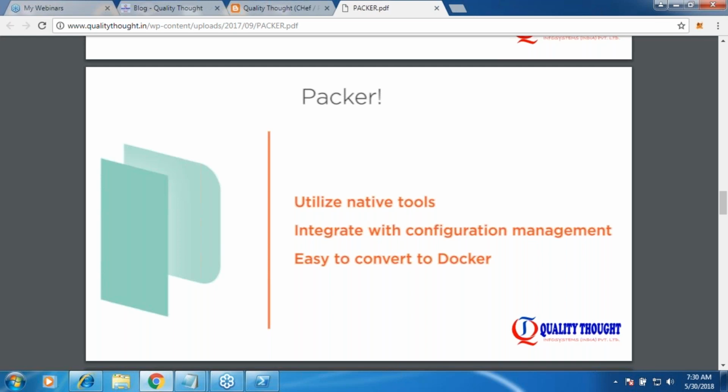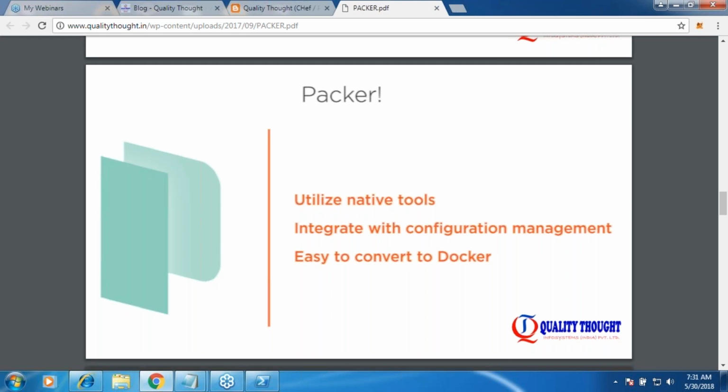I know many people who convert their VM images into Amazon AMIs. It works, but the problem is whenever a small issue comes, they have to go through everything. So better is rebuild, especially for production environments. Don't mess it up, do it the right way. So that's the reason why, even though I've said that it is easy to convert into Docker, I would not prefer this way. If I have to do it, I would rewrite it.